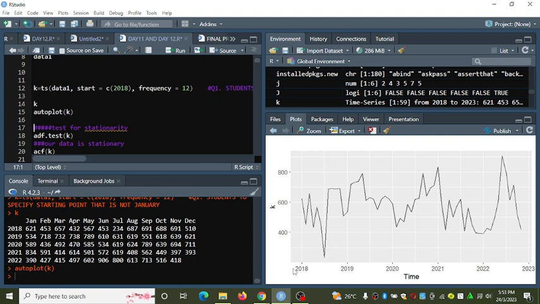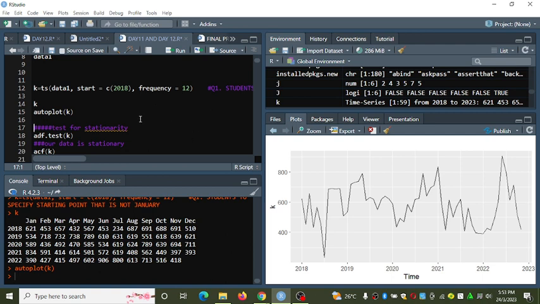So tunaona at 2018 at around June, July hapo unaona the number was very low. Then after that it should end up. So this is the behavior of attendance.